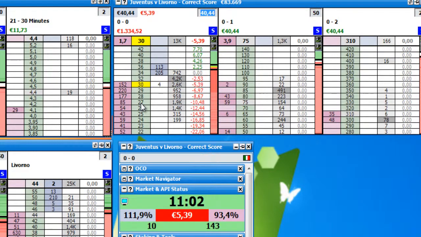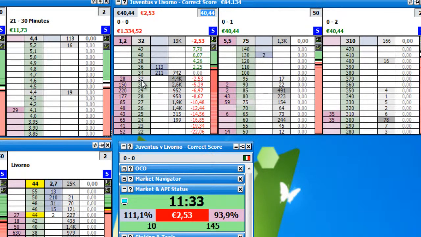And you see every second, every minute now is my potential that if a goal happens now, I can make risk-free money with the strategy. And you see it's still already at 32. For sure, I can close it here now at 32, and I lose only 2 euros, and I can win here 11 euros now risk-free. So it's a really, really nice possibility to make money with this strategy.